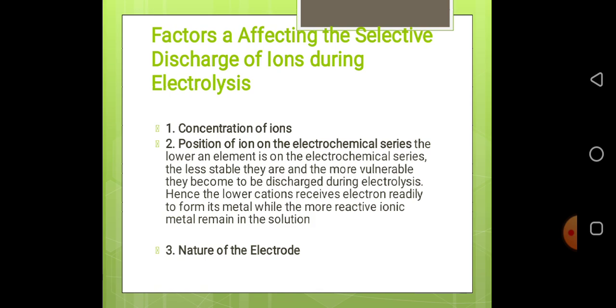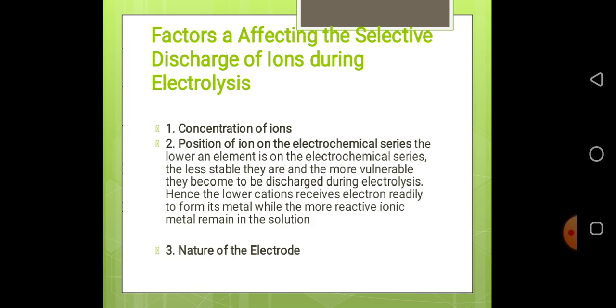So these are the factors affecting the selective discharge of ion during electrolysis. Number 1, we have the concentration of the ions. Number 2, position of ion on the electrochemical series. So the lower